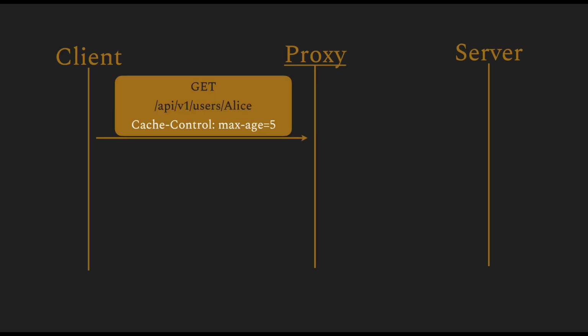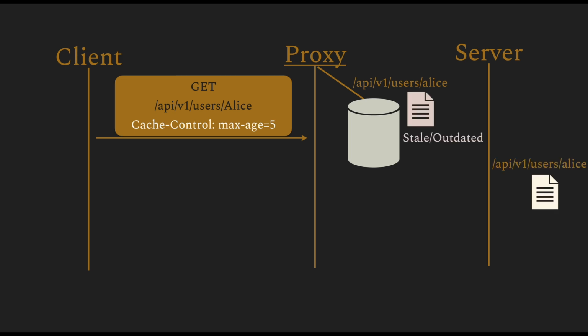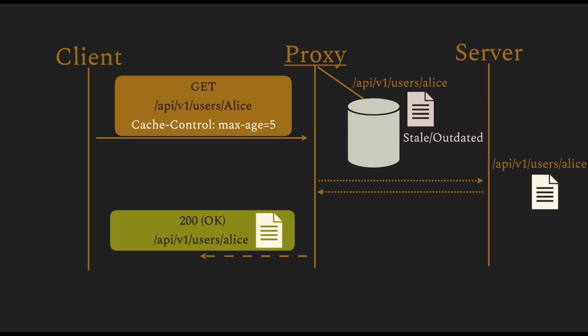The client, for example, can set a special header called Cache-Control and set a directive under that header called max-age. Now, if you set max-age to 5, which in this case is 5 seconds, the proxy checks if the data that is stored in the cache is outdated or not. It can know that by checking when was the last time this data was updated. Now, if the data was updated at a time older than 5 seconds, it can make a request to the server to fetch new data. And this data is now relayed back to the client.